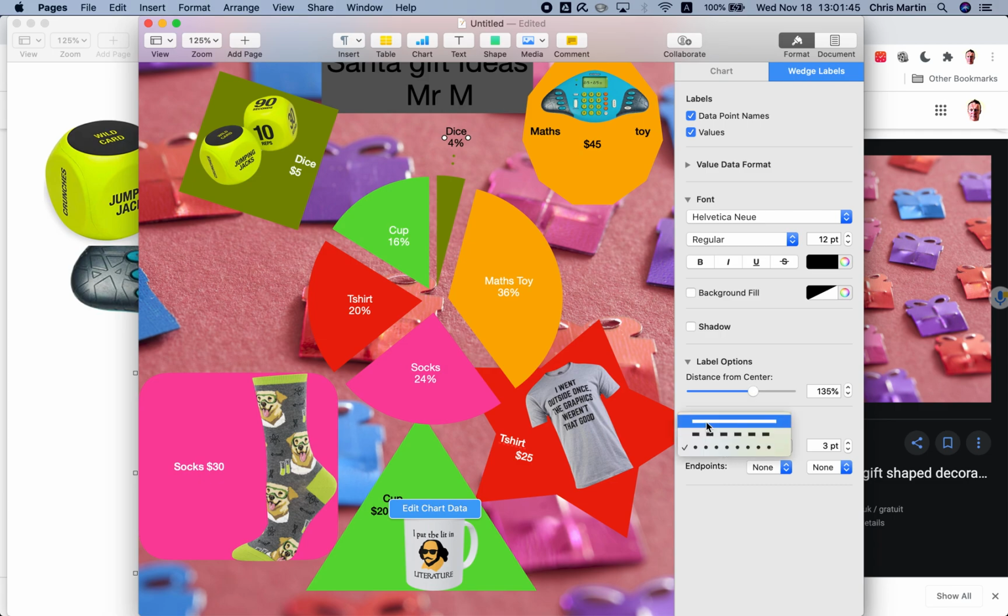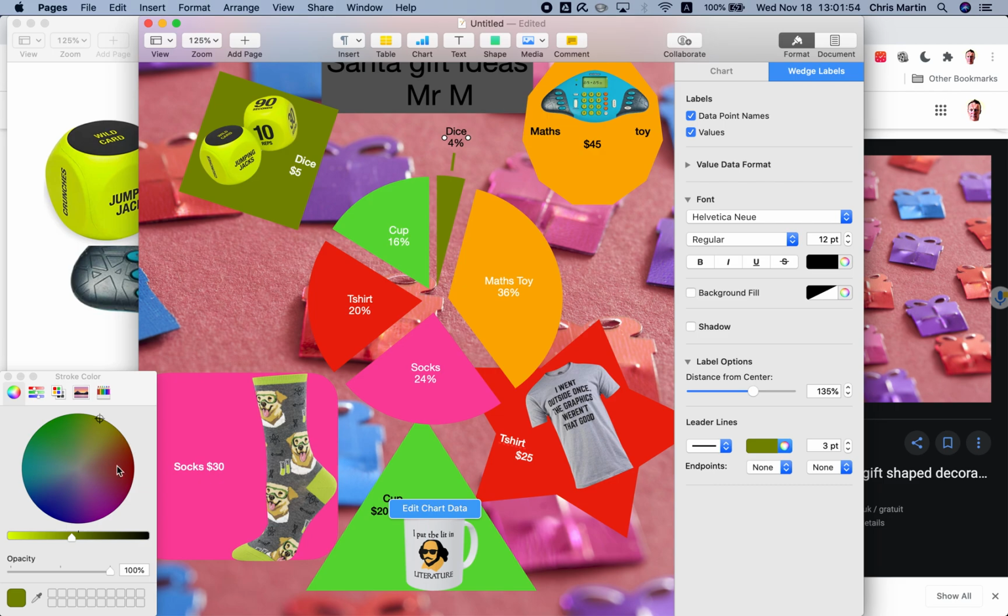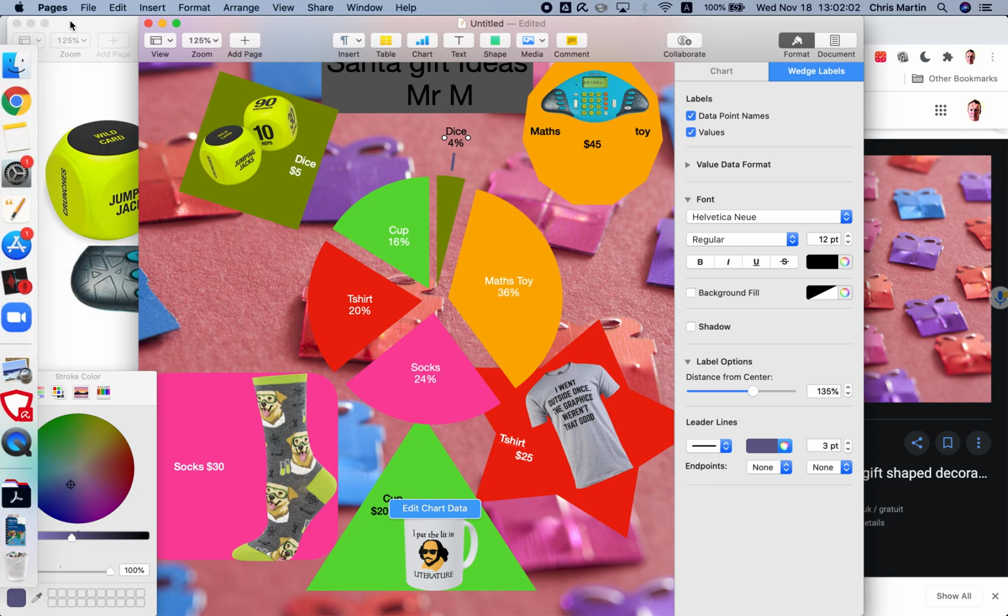Maybe I don't want dots, maybe I want a solid line, and maybe I don't want that solid line to be the same green. I might want it to be a different colour, and I can change those colours as I could before, choosing any colour I like. Right, have lots of fun playing with your poster. I suppose the last thing to remember is